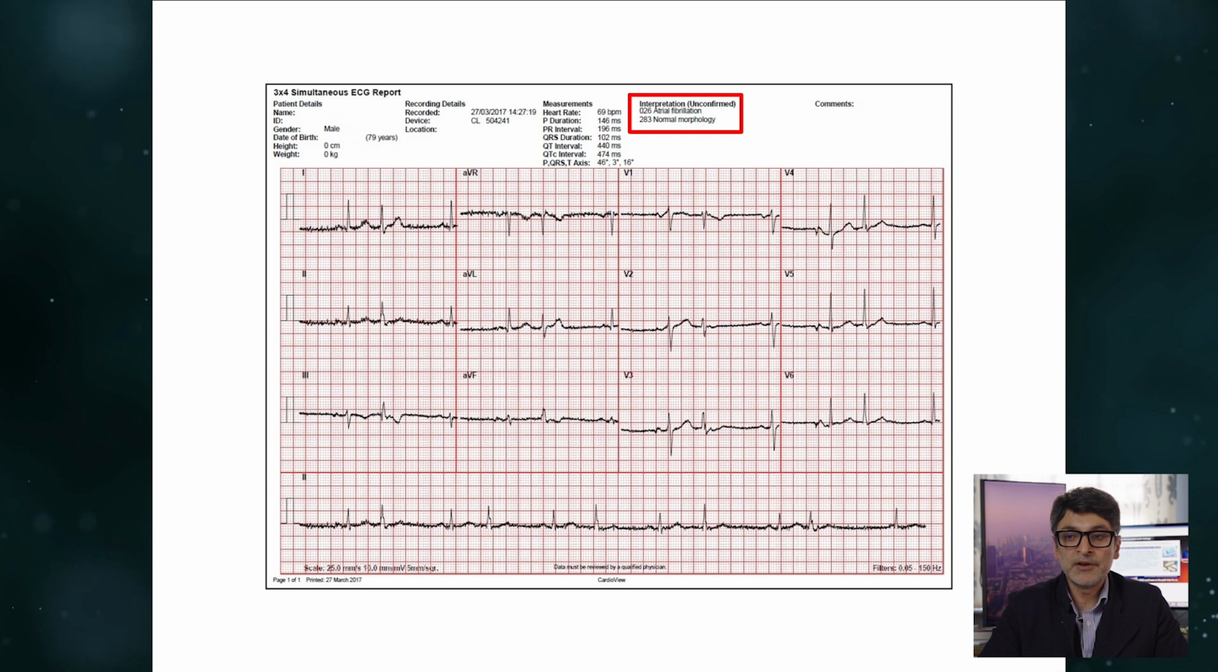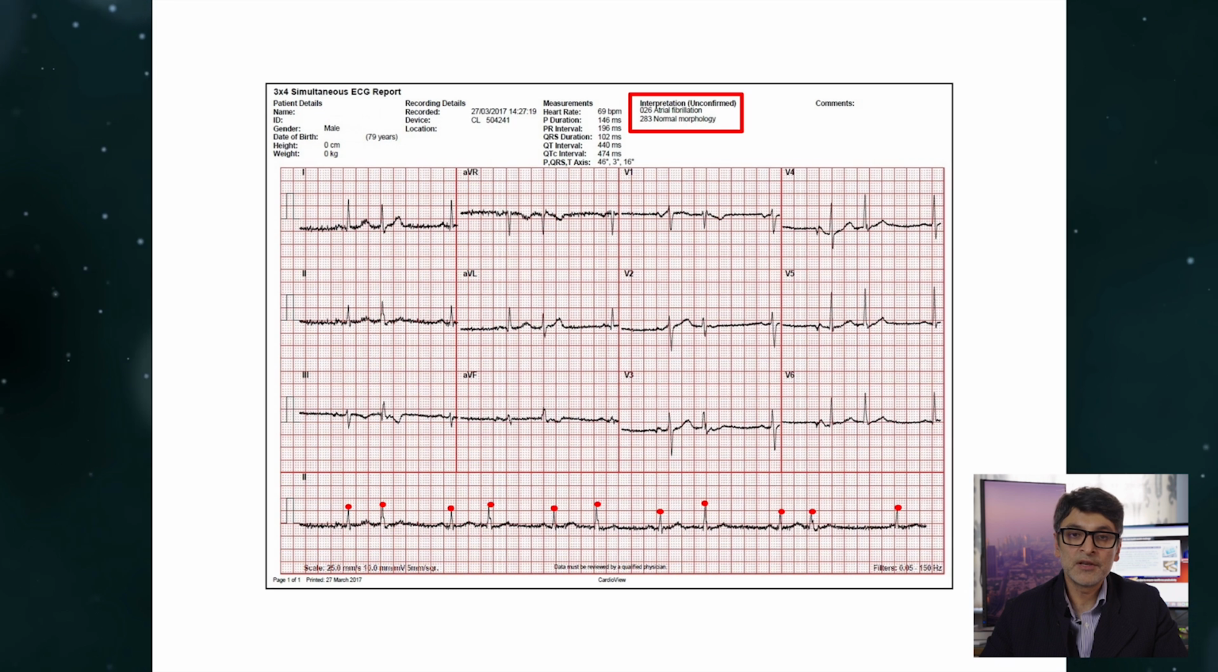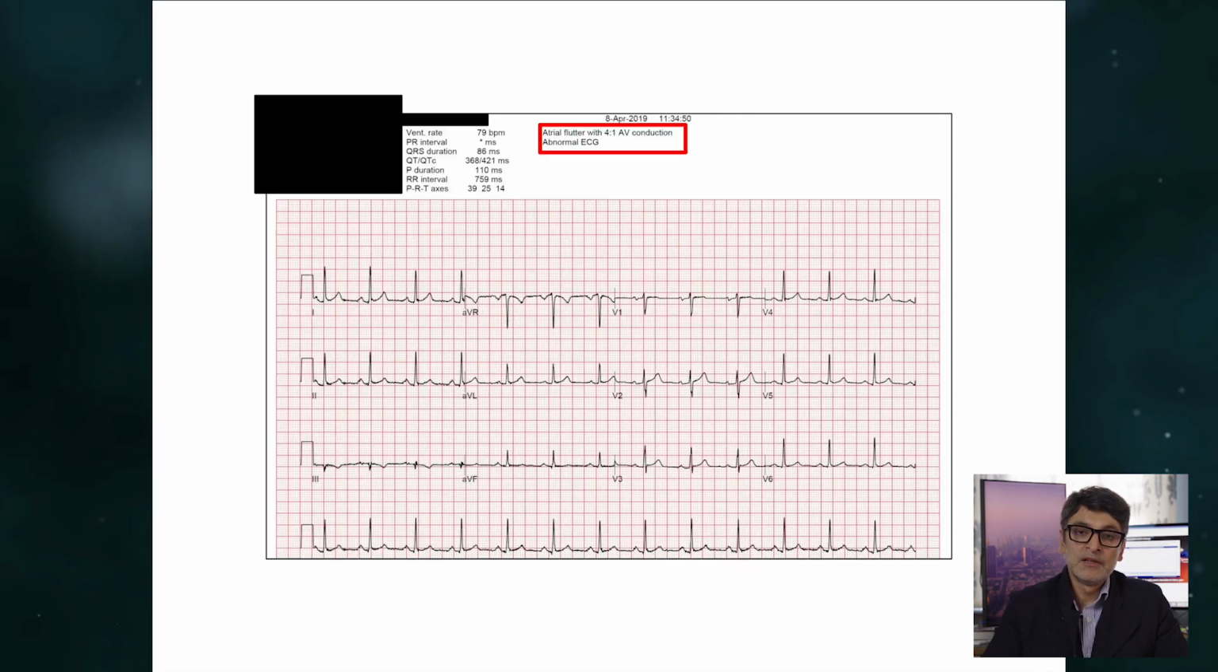Another example here is actually someone who was referred to me in clinic with atrial fibrillation again, but very clearly you will see that this is absolutely not the case because you've got an irregular pulse seen on the red dots here, but actually that ECG also showed completely normal P waves. Now, in this particular ECG, there's a diagnosis of atrial flutter with 4-to-1 AV conduction, which is complete nonsense